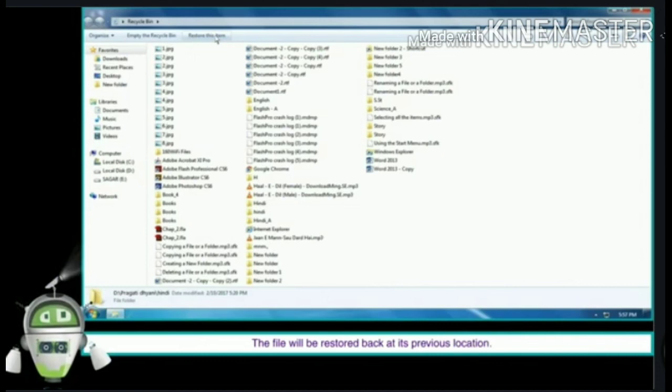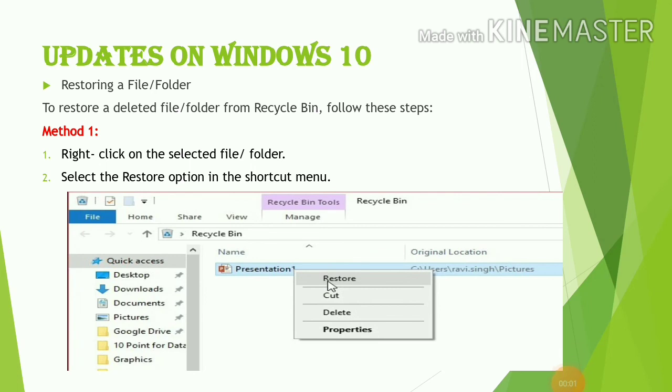Okay. Now students, let's see the updates in Windows 10. अभी हमने Windows 7 के बारे में पढ़ा कि Windows 7 में कैसे फाइल को रिस्टोर करते हैं. And now we have to learn how to restore the file and folder in Windows 10.